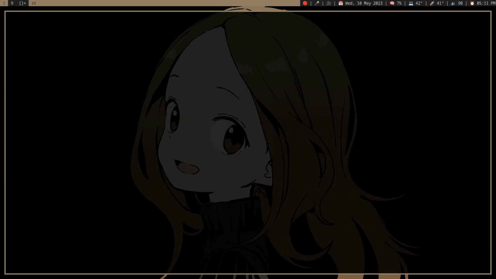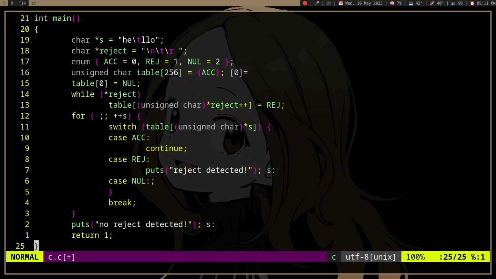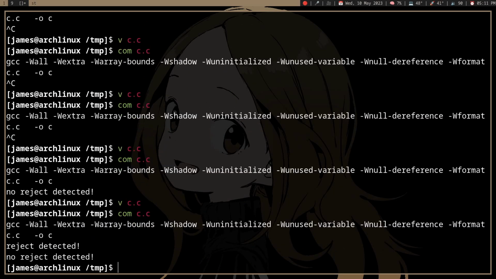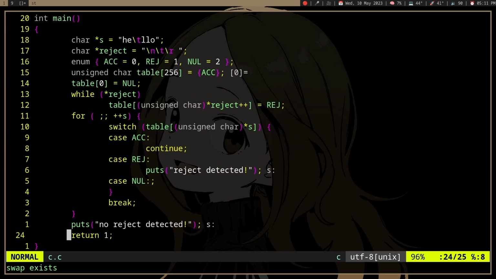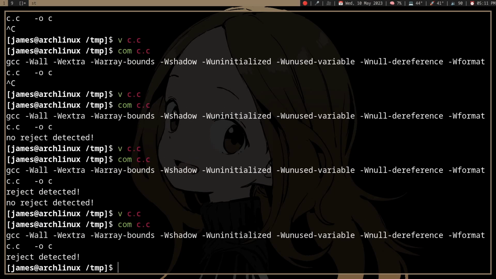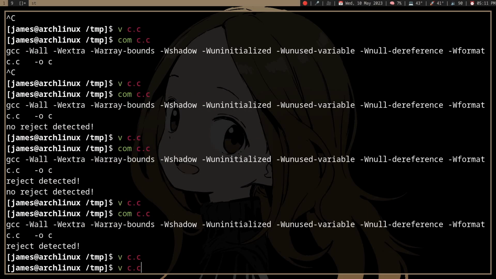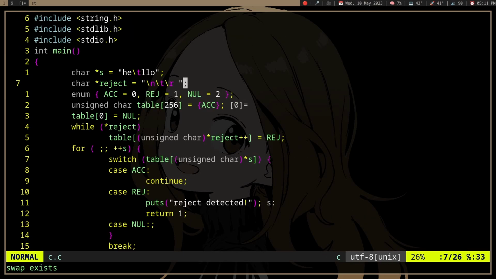Okay, so no reject, and if we insert some spaces or tabs or whatever in the reject, detected, right? Well, you know, return 1, I guess. Right, reject detected. But if we put something like a tab